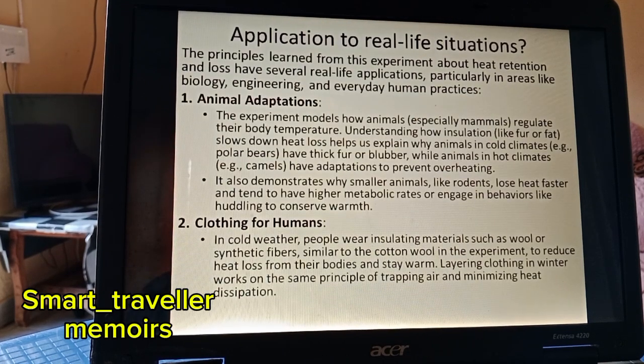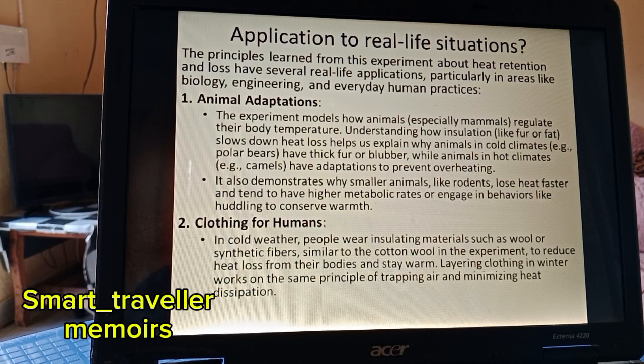Application to real-life situations. The principles learned from this experiment about heat retention and loss have several real-life applications, particularly in areas like biology, engineering, and everyday human practices. Animal adaptations. The experiment models how animals, especially mammals, regulate their body temperature. Understanding how insulation like fur or fat slows down heat loss helps us explain why animals in cold climates, e.g. polar bears, have thicker fur or blubber,